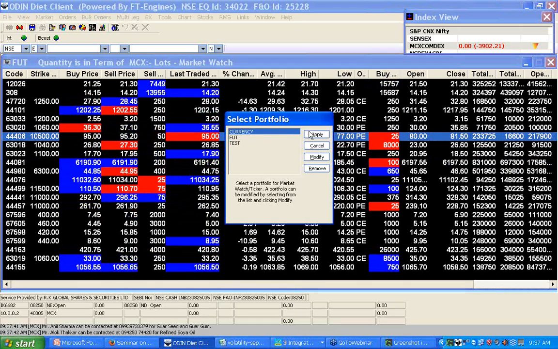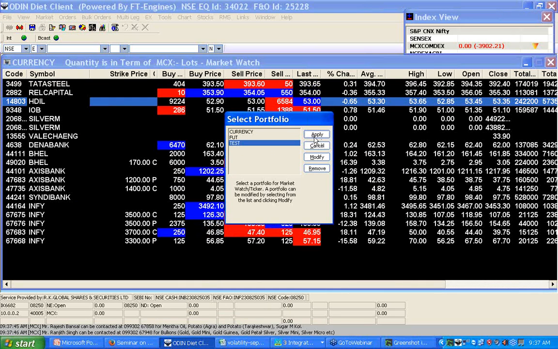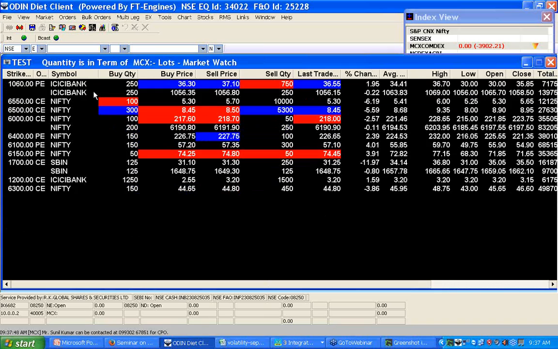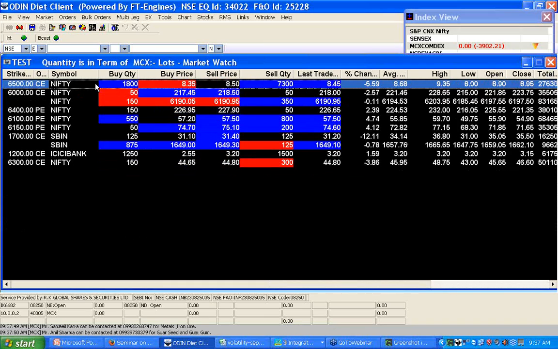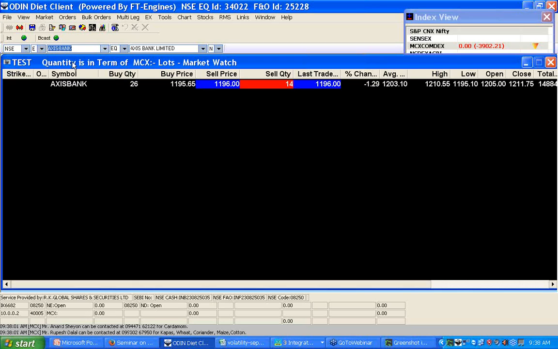So I'll be taking a fresh worksheet for you, so let me delete all these things. Whatever experiments we are doing, only those stocks I can put here. Axis Bank